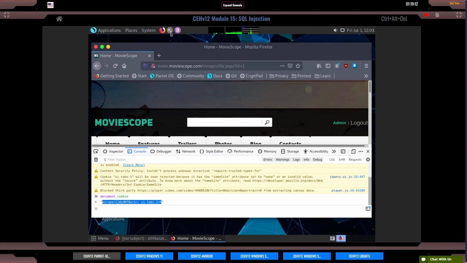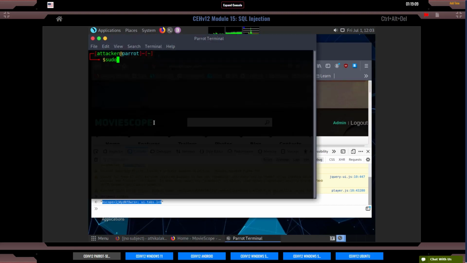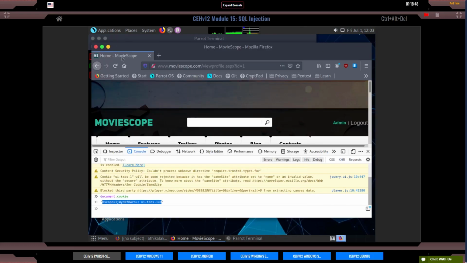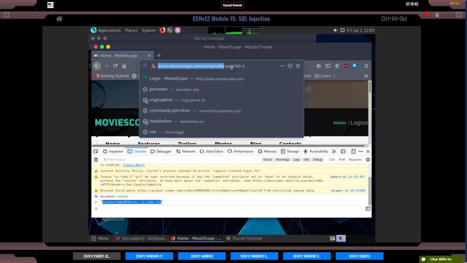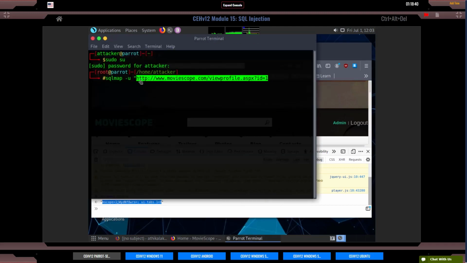All right, now we're going to load a new MATE terminal window. Get root access. And in the Parrot terminal window, we're going to type in sqlmap -u for URL, http://moviescope.com/profile, in quotes,